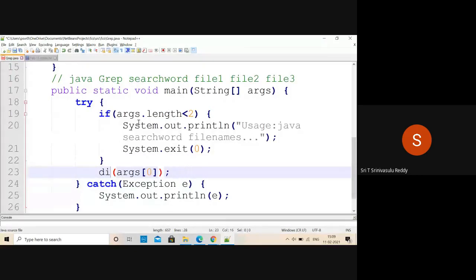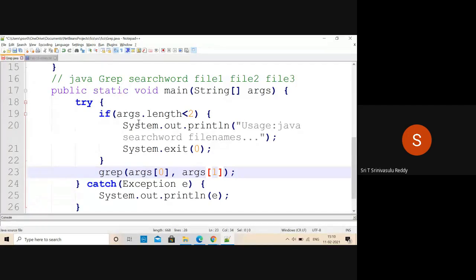So we can also develop a small method called grep. We'll say grep of args of 0, args of 1. Actually, it will be something different; we will extend that logic a little later. For the time being, args of 0 is the word that you want to search.